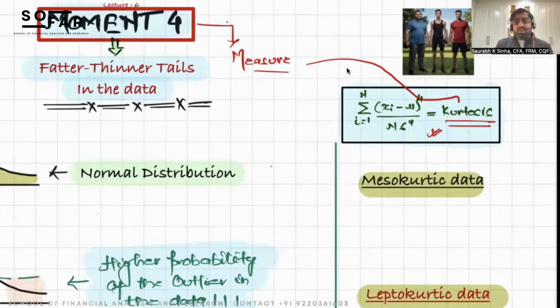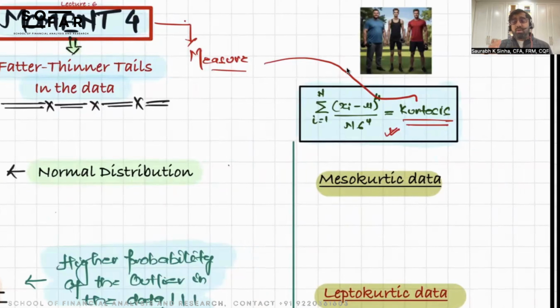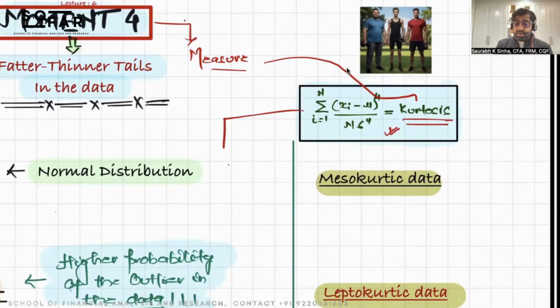This is the formula of kurtosis. Now, this kurtosis will throw certain numbers. If it is a mesokurtic distribution, or actually if it is a normally distributed distribution or data, then the kurtosis will always throw a number 3. It's not any magic, because the normal distribution probability density function we all know is 1 upon root 2 pi and e to the power minus x square by 2. This is the general PDF of the normal distribution. Assuming the mean is 0 and standard deviation is 1, if you do the integration and do this maths, every time the kurtosis is going to be 3